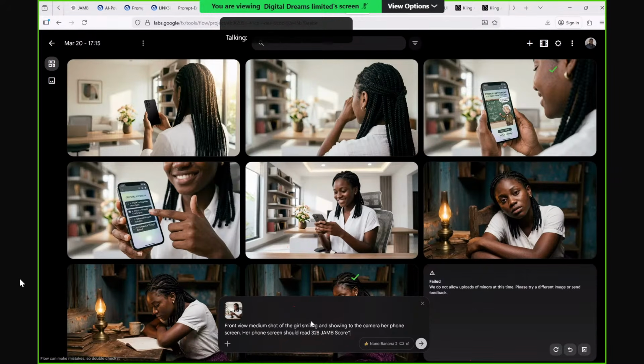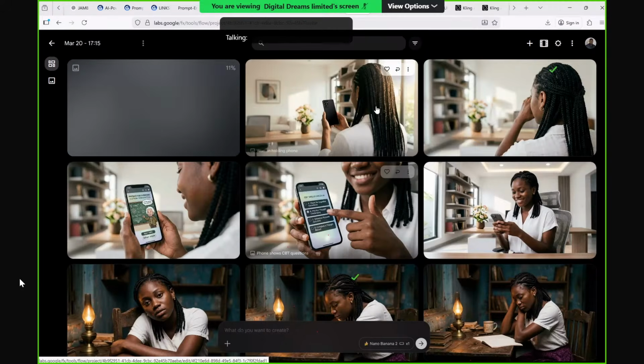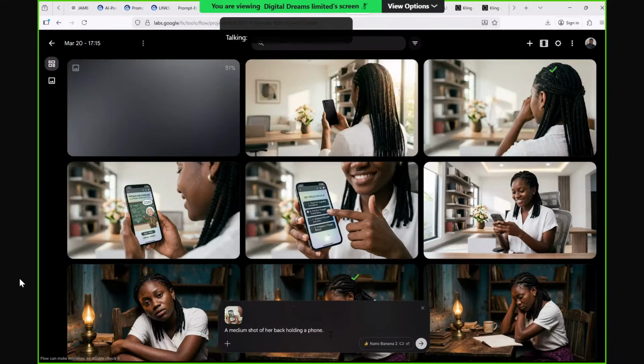Okay. You can see this would have been fine, but there is an issue. The phone is facing backwards. So I will use this. I'm back holding a phone. She watches the screen of